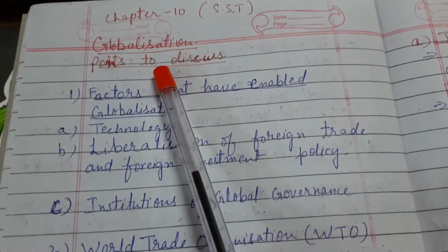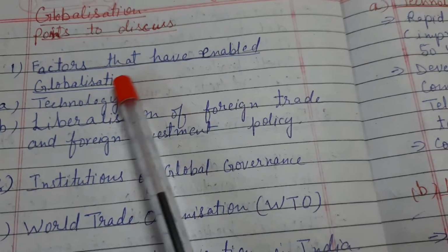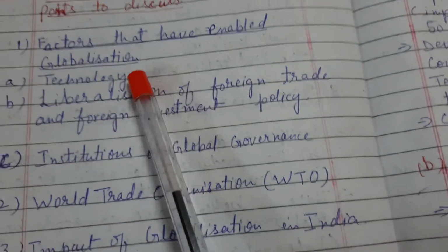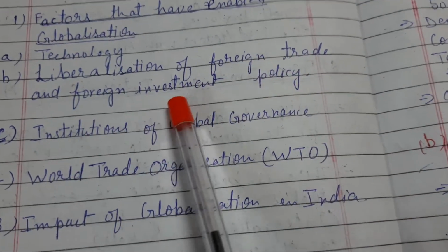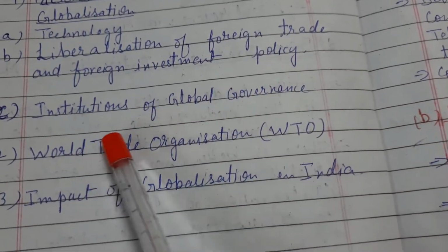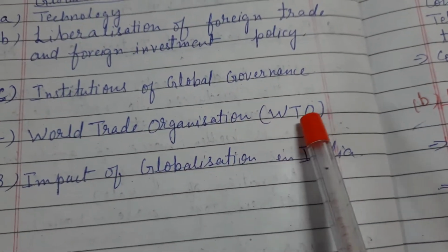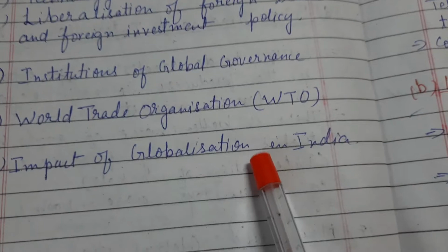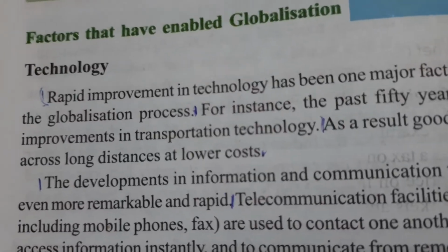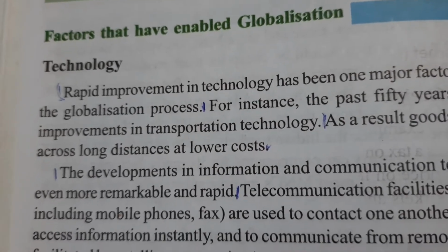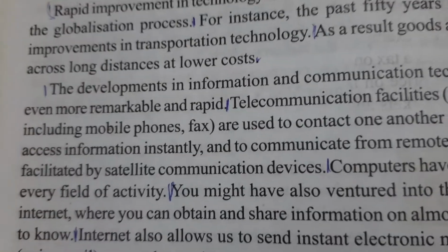Today I am going to explain the remaining points from chapter 10, that is factors that have enabled globalization like technology, liberalization of foreign trade and foreign investment policy, institutions of global governance, World Trade Organization WTO, impact of globalization in India. So children, when we read this paragraph about technology, we will find that there is a rapid